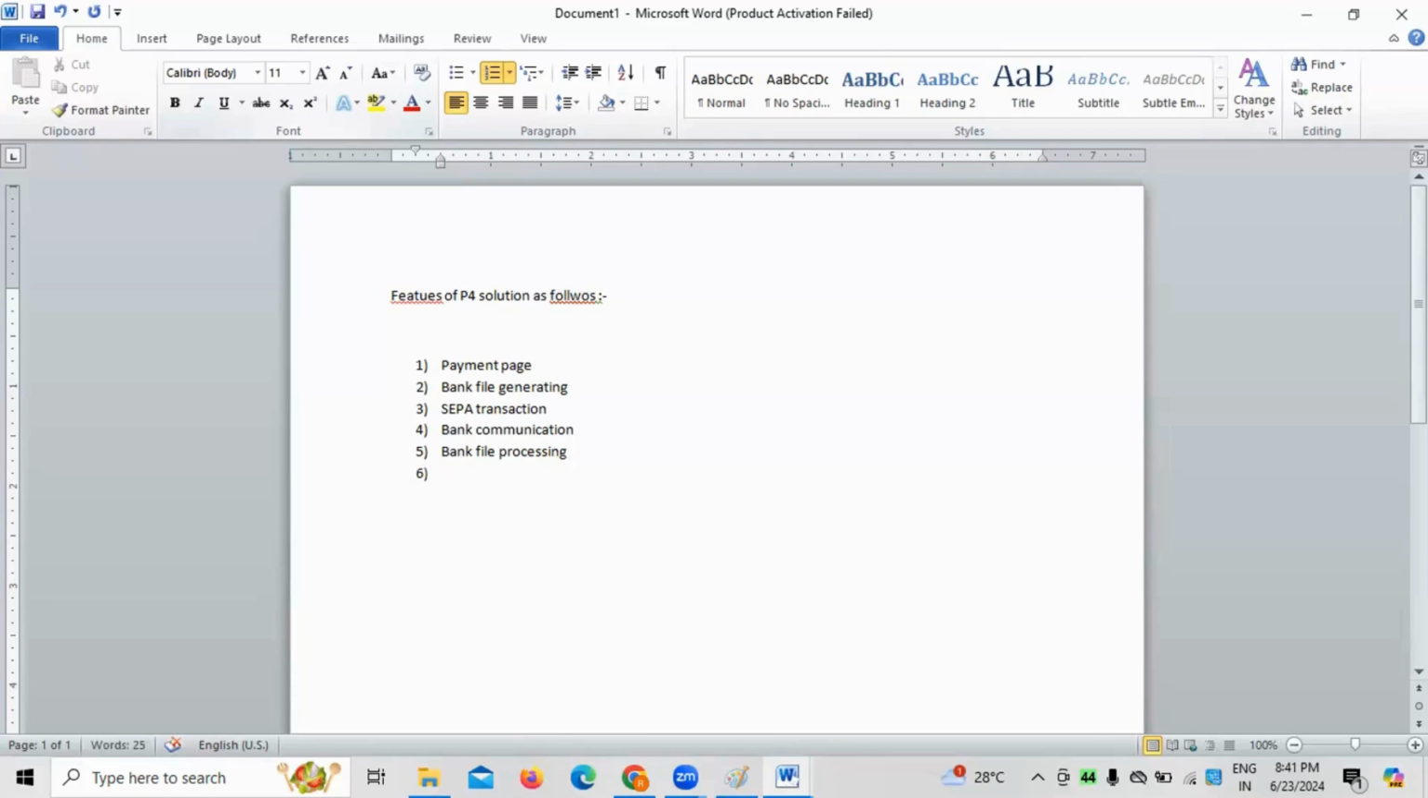One more point I'm missing, right? One point is risk management. So risk management is one more. This is also important. These are the features that come under the P4 solution. So now, when it comes to the payment page here,